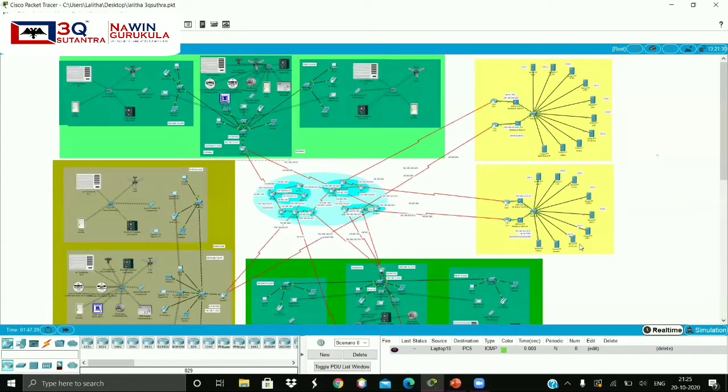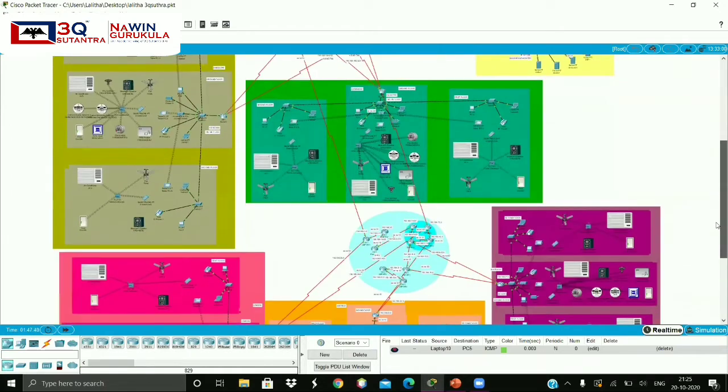Now let's see the demonstration of our project. As you see here, ISP Cloud 1, the national ISP, is connected to the branches and the data center, where the data center is connected to 2 different routers of the ISP, and the branches are also connected to 2 different routers of the ISP cloud. And this ISP 1 is connected to ISP 2 through 2 different ISP cloud routers.